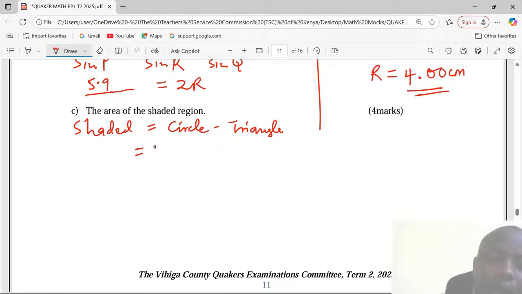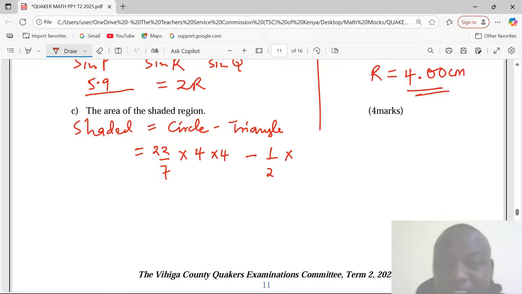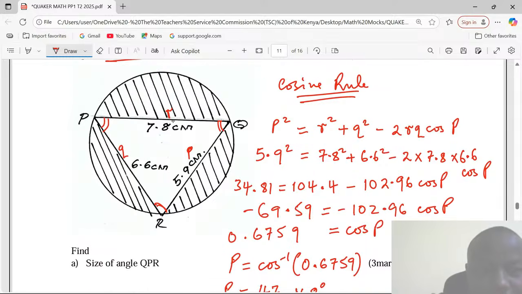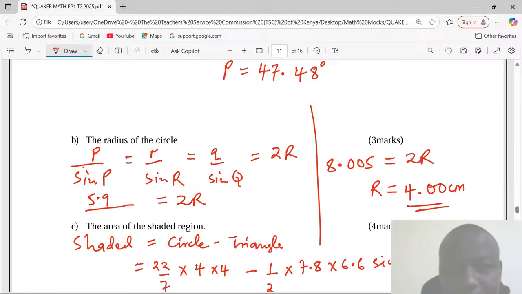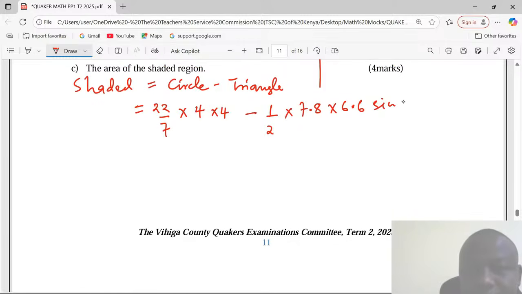So for the circle, we need pi r squared minus triangle, half AB sine theta. Half AB means two of the sides, 7.8 and 6.6, sine of the angle between them. The angle between them is 47.48. So 22 over 7 multiplied by 4 multiplied by 4. This is 50.29